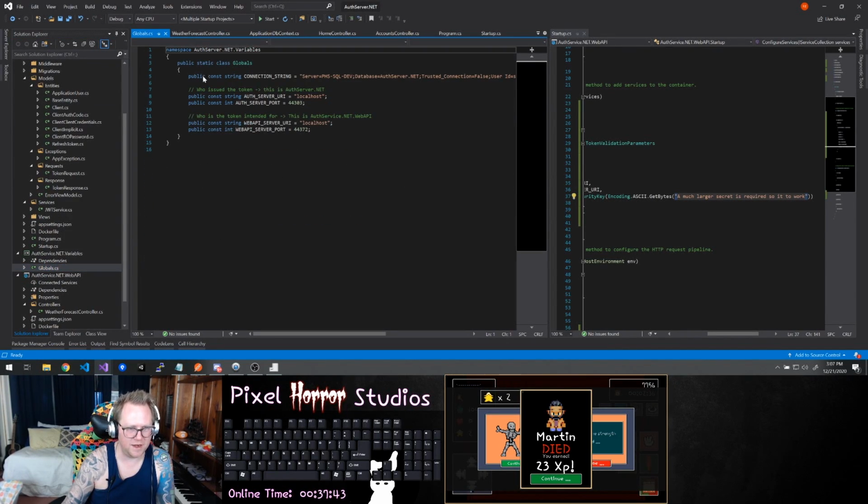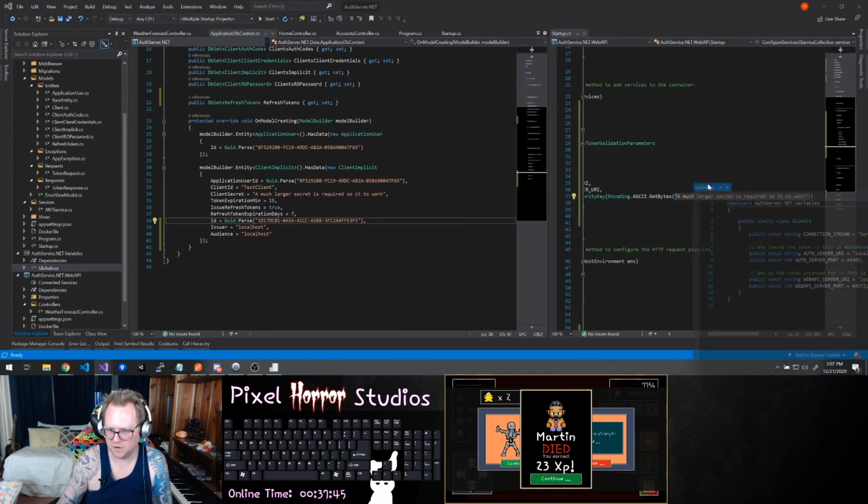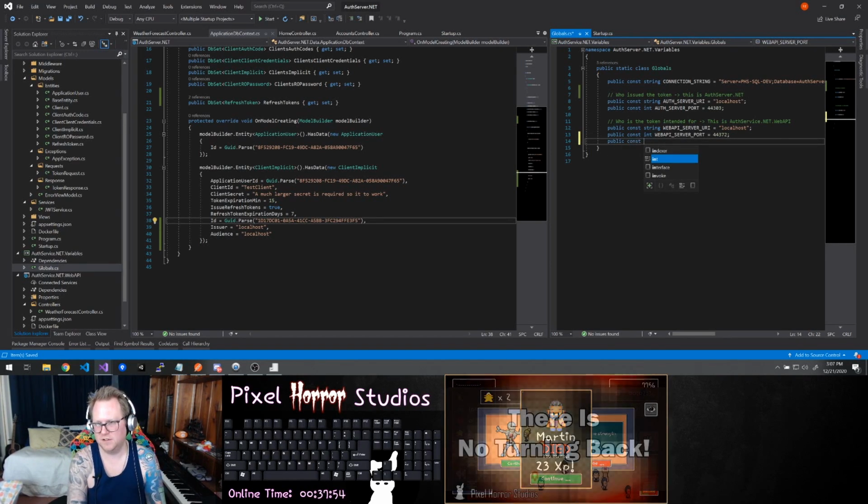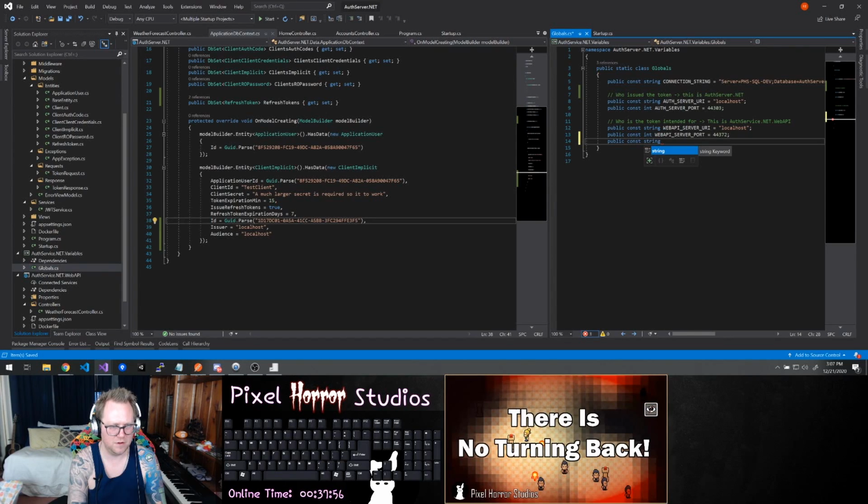Down here we want to add in a new key for the public const string. We're going to call it WebAPI